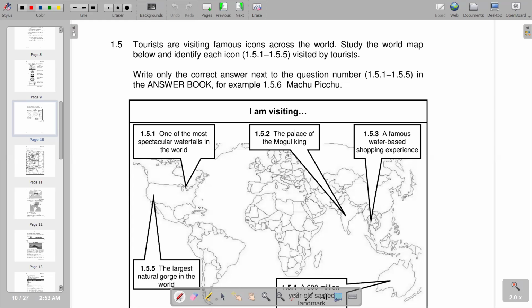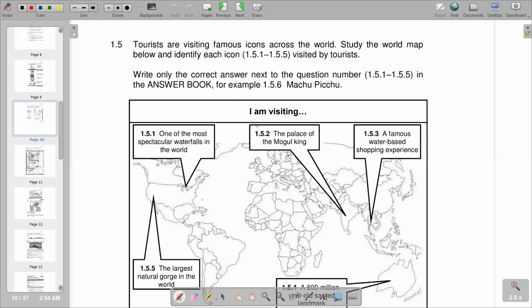In this video, we want to look at a question on the world map. In this question, we need to identify icons across the world. So our question reads, tourists are visiting famous icons across the world. Study the world map below and identify each icon. We have 1.5.1 to 1.5.5 visited by tourists. So you write only the correct answer next to the question number, that is 1.5.1 to 1.5.5 in the answer